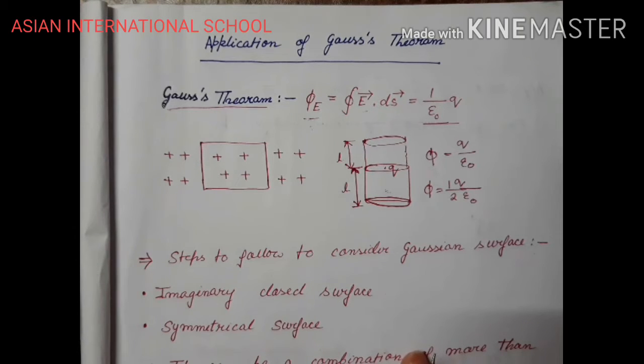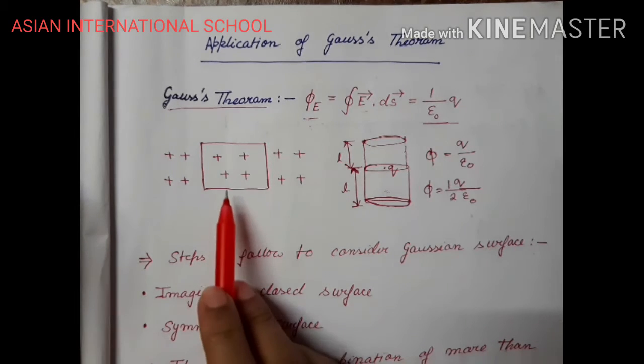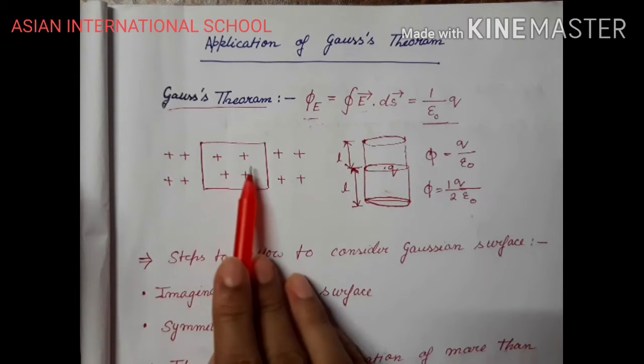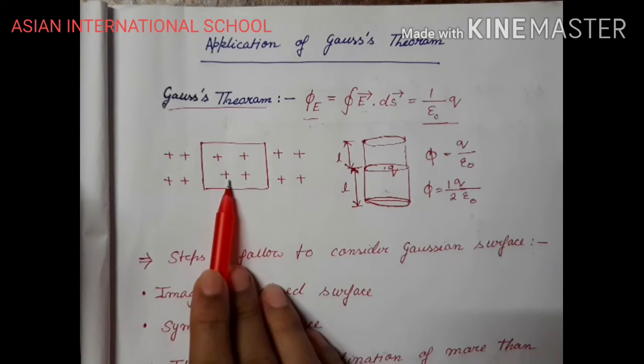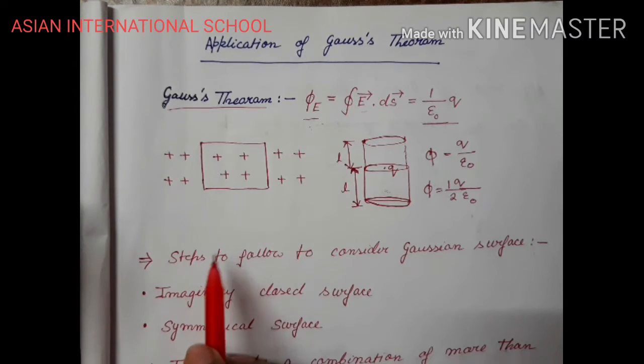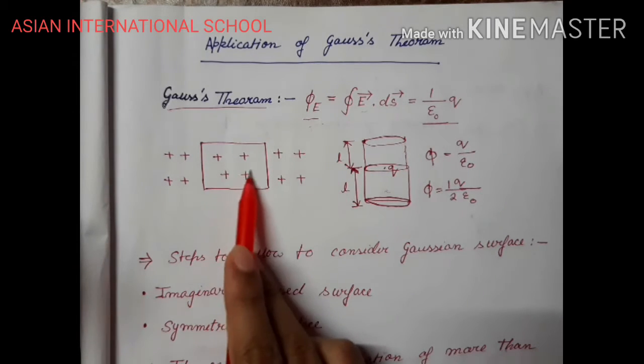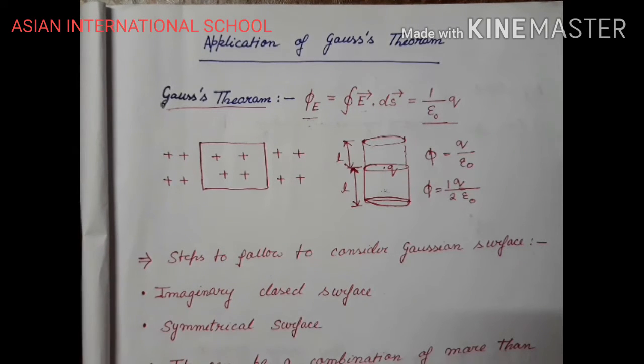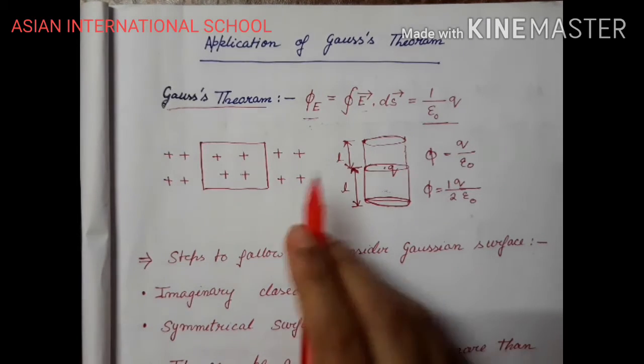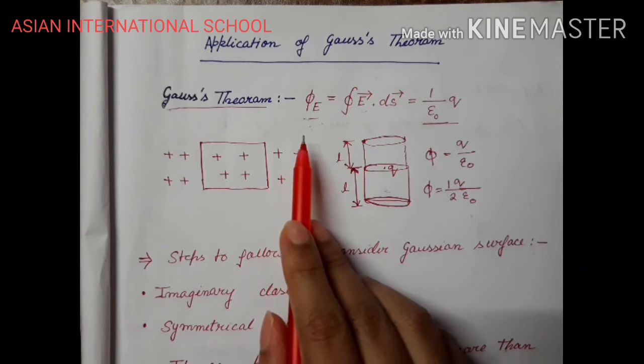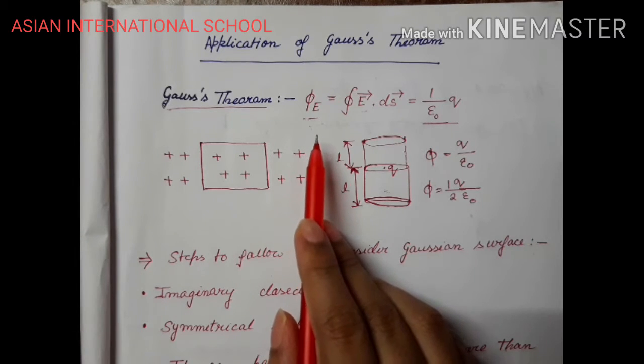So let us start. In the last class, we calculated electric flux for a closed system. There we saw that electric flux for a closed system comes to be zero unless we keep a charge inside the closed surface. If the charge is enclosed by a closed surface, then those charges inside the system will be responsible for the net flux in the system. And from there we got Gauss theorem. These things are already done in the last class. You can see the previous video.